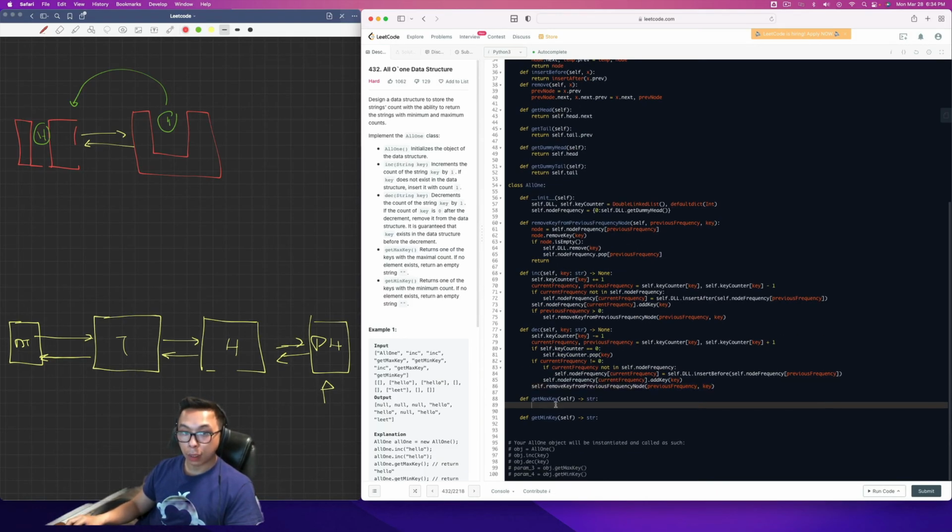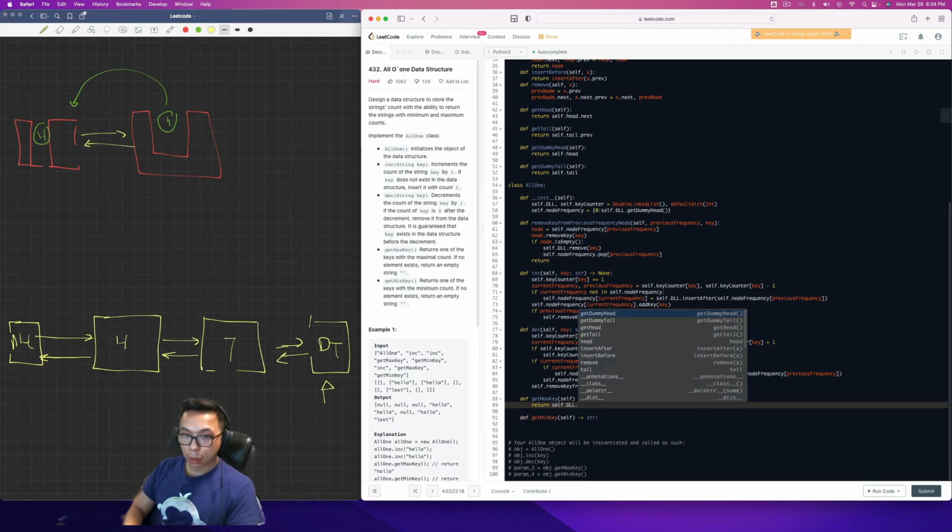So the last area of business here is to get the max key. In order to get the max key, we take a look to see where the tail is, right? And that's going to be our maximum value, right? I wrote this backwards, so apologies for the mistake here. So this is actually going to be tail and head, dummy head, and dummy tail, right? So we're going to return